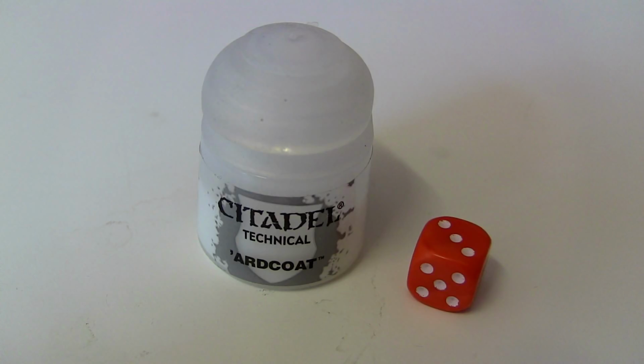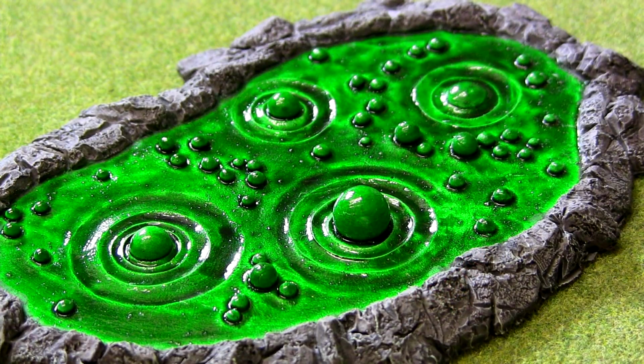Most of the time I would then apply a matte varnish over the top of it to stop the model being extra shiny, but that double layer of protection, it's almost impenetrable. Unless you are literally just crashing the models together, then there's no way the paint should chip off with this bad boy on there. The other use, of course, is for models that you actually do want to be shiny,